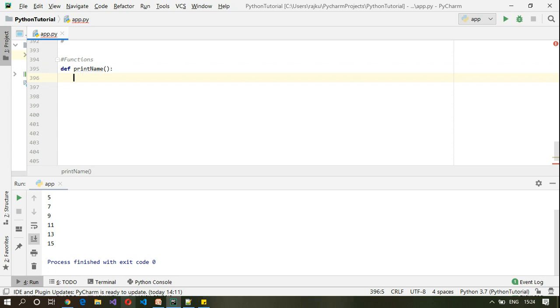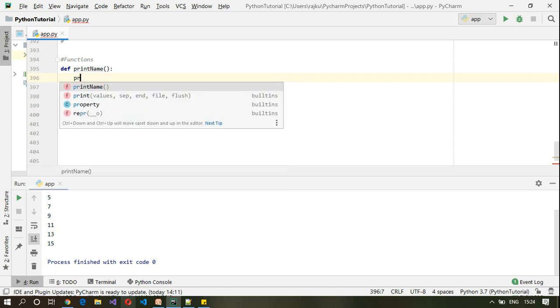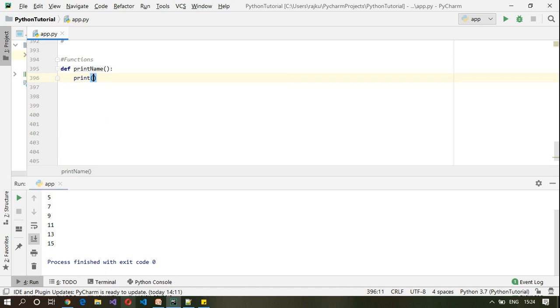So here, this print is a built-in function. Print my name is Raj Tech Trainer. This is a function definition.